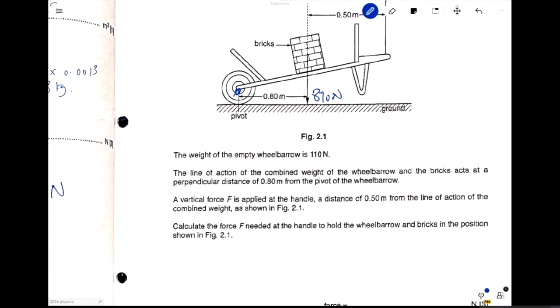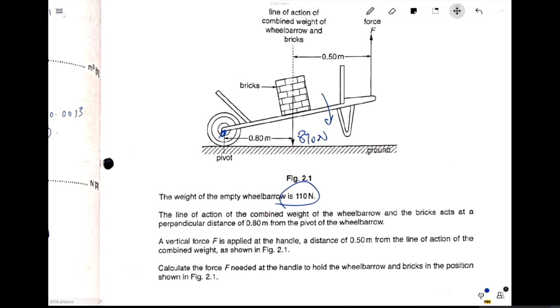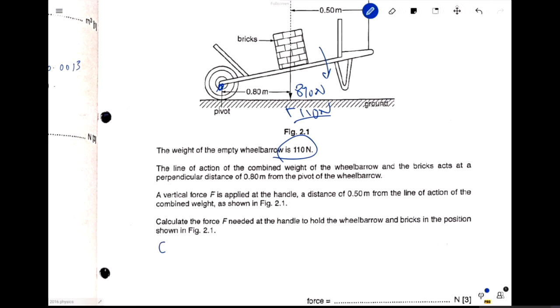So what is the formula for moment? I want to calculate the clockwise moment. Clockwise moment is here. So it's 870 times 0.8. Wait a minute, no, still haven't finished yet, because the bricks is 870. There's also the wheelbarrow. Wheelbarrow is 110. So you have to add 110. You understand? The total clockwise moment. So clockwise moment equals force times distance. So it's 110 plus 870, that's the total force, times 0.8 meters. Clockwise moment equals to